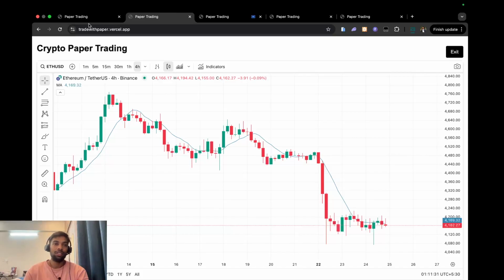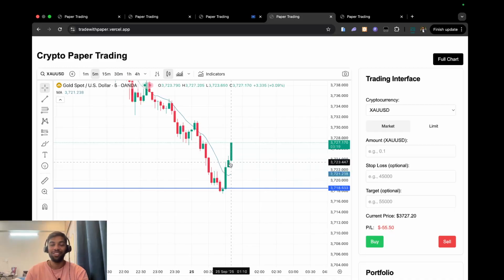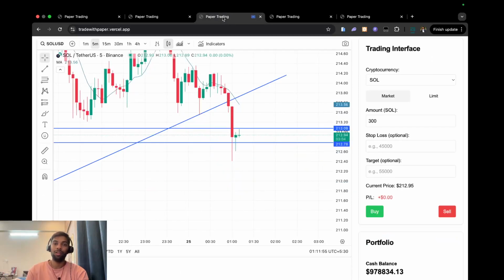Let's see what is happening at Bitcoin, it is coming to the trend line. So let it come to the trend line. Gold, see, it is taking out all the sellers who entered at this position, and this will make big green candles. Because all the sellers got trapped, I just stopped out at this point, because I know that it will continue in higher highs.